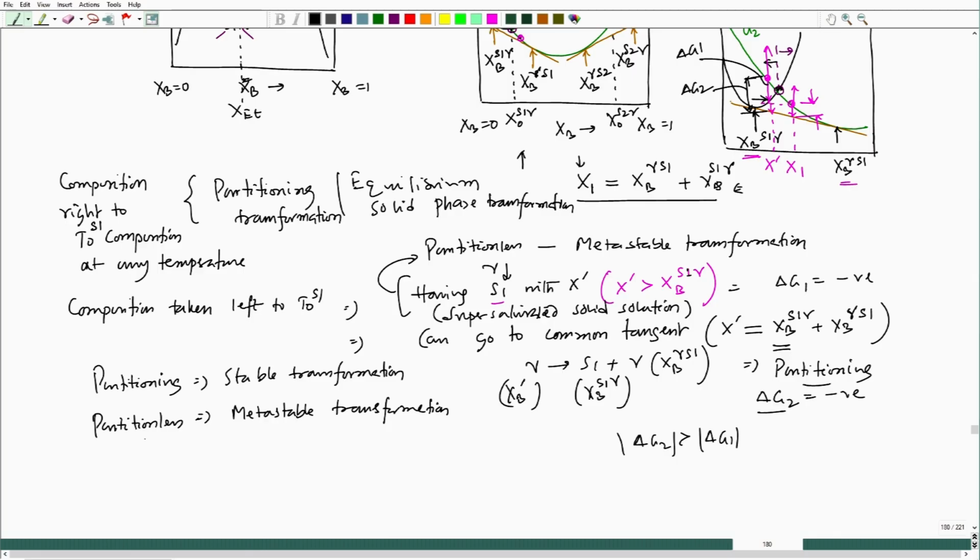In fact, we see an example of partitionless transformation in case of steel. In order to understand that, we will try to see the steel phase diagram, we have an eutectoid phase diagram. There we have to change our policy of regular solution, because here the crystal structures will be different. A and B, those pure metals, here in case of steel we will have to consider iron and carbon, their crystal structures are different. So, that case we have to draw the free energy composition diagram differently, but there actually